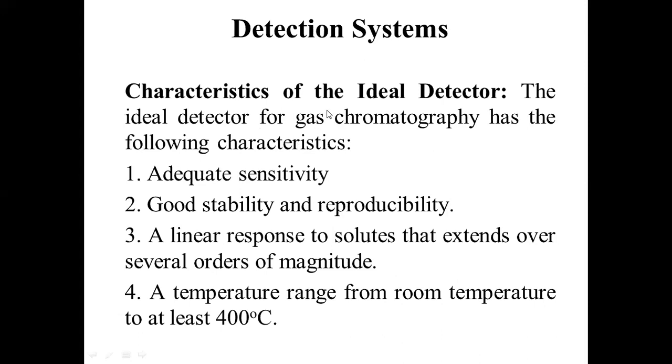Okay. So next, detectors. What is the role of the detector? The detector is very important in detecting the solute which is reaching the detector after its elution. It will come out from the chromatographic column at the end. So the serial elution of the solute molecules will reach the detector. The detector plays the very important role of producing the signal showing what type of analyte is present in the sample and how much of the solute is present in the sample. We can decide this by the role played by the detector.